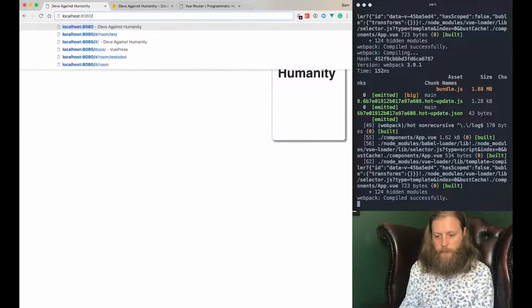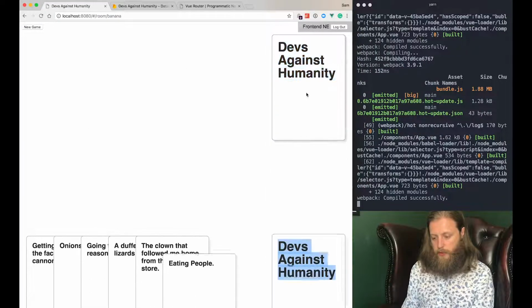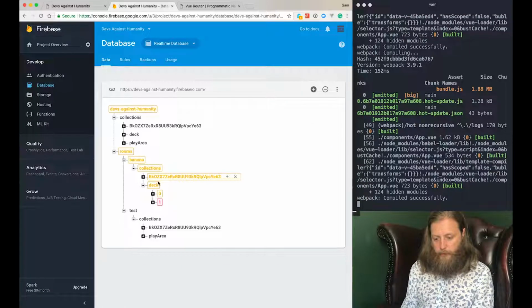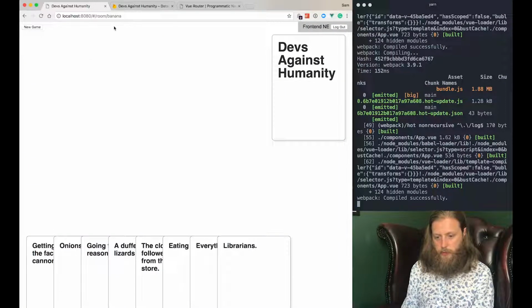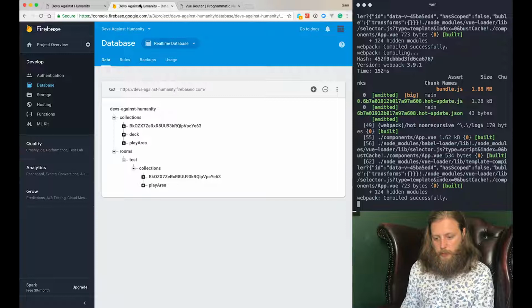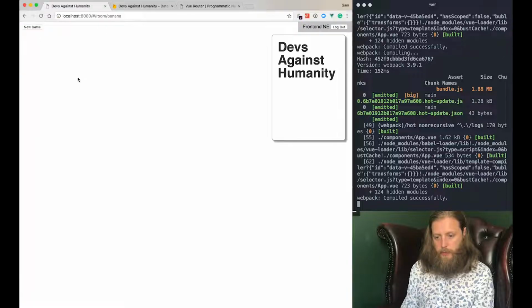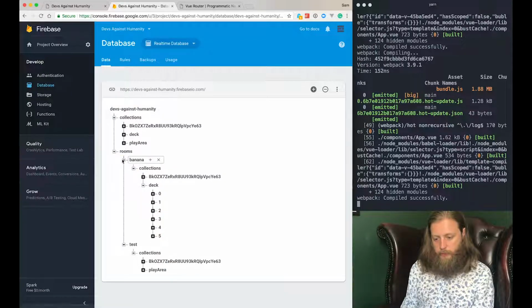If I go home... We go new game, and we should get all 10 cards in this new room. And we've got banana with, yes, mint. Right, so if I just delete banana, this should, in theory, break. And we got home page where we've got nothing. And click new game. We've got a new banana room. Oh, happy days. Right. Now,